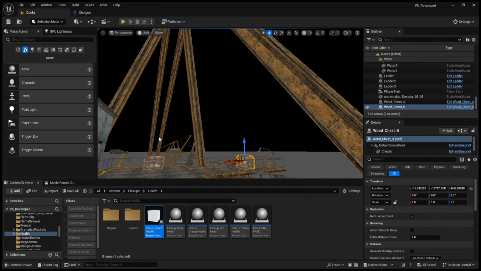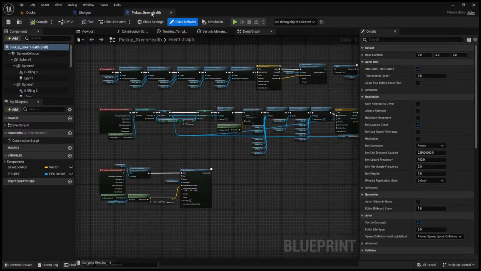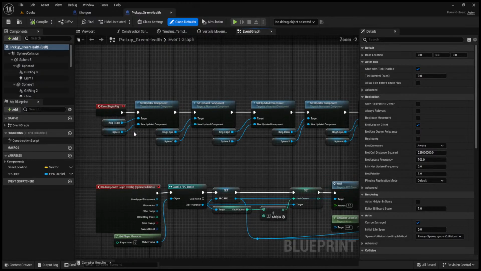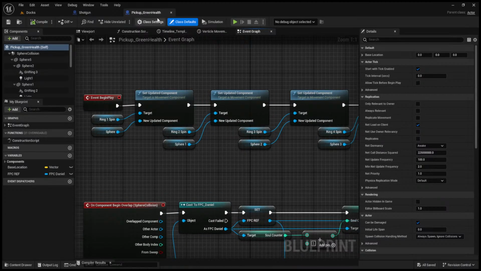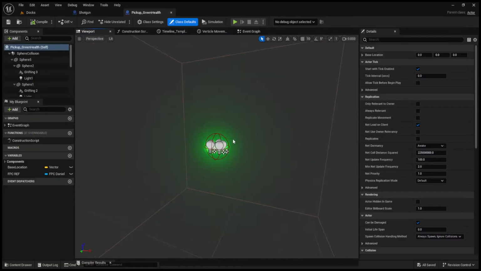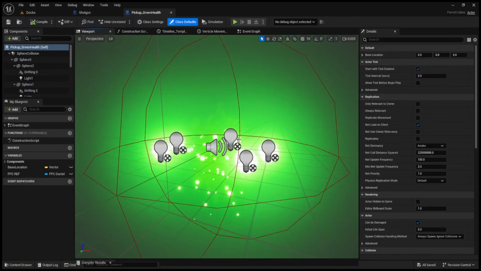A little bit more here. But again, same premise as any of the other items that you can pick up. They just have a little bit of a different function for each one. So, for the green soul, as we can just view it right here. I did get a little carried away because I wanted it to be a little more advanced on this one. But studying how the soul looks in the original game,